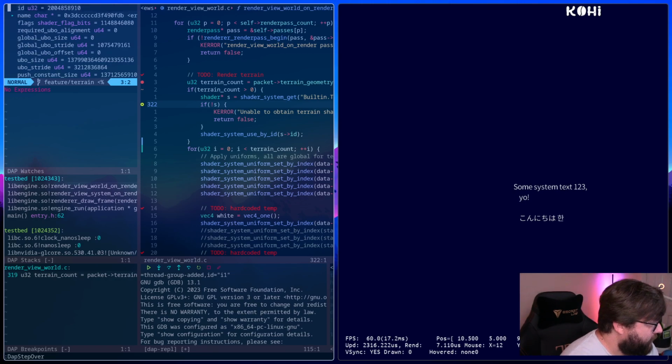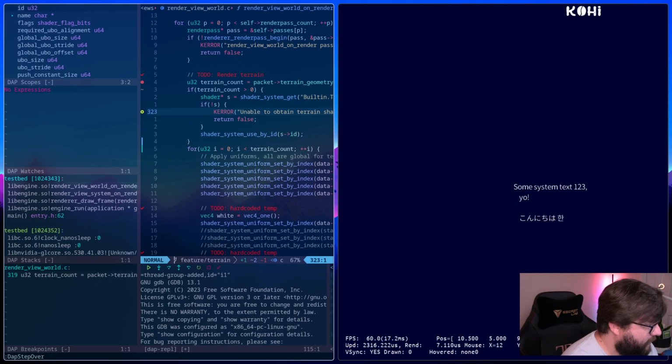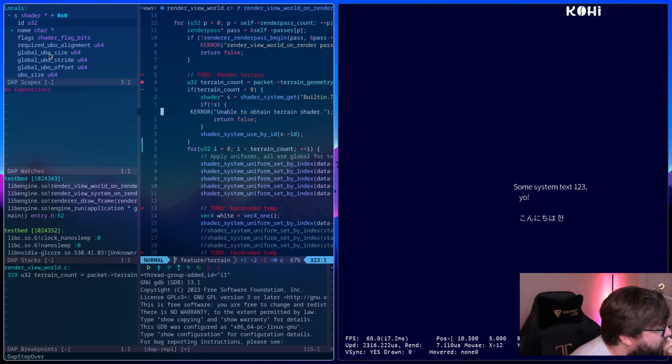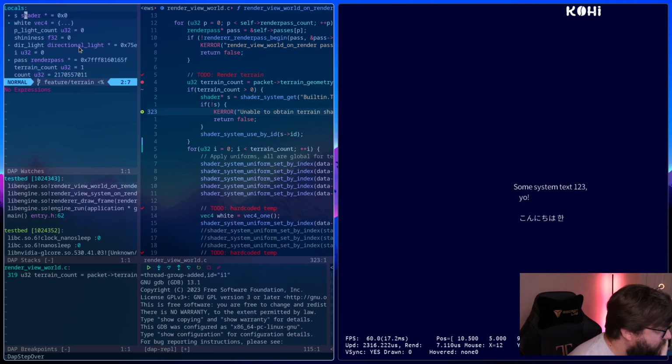Okay, so we do have a shader. Oh, wait a minute. I thought we had a shader. No, that's a null pointer. That wasn't a null pointer a second ago, was it? Am I just imagining things?